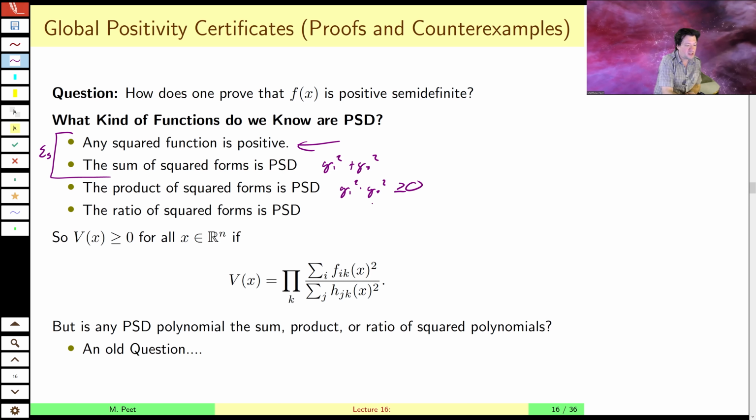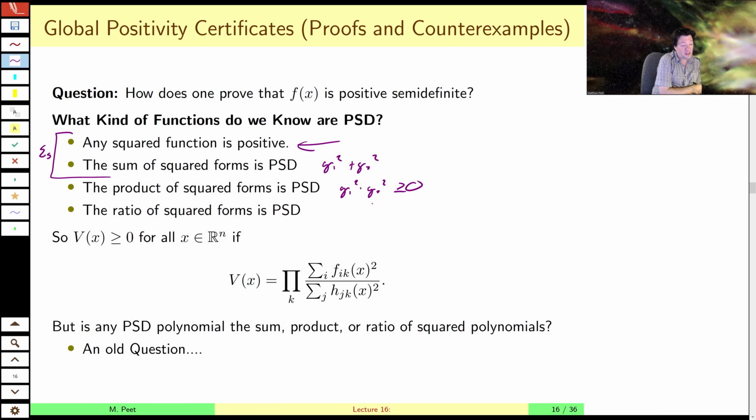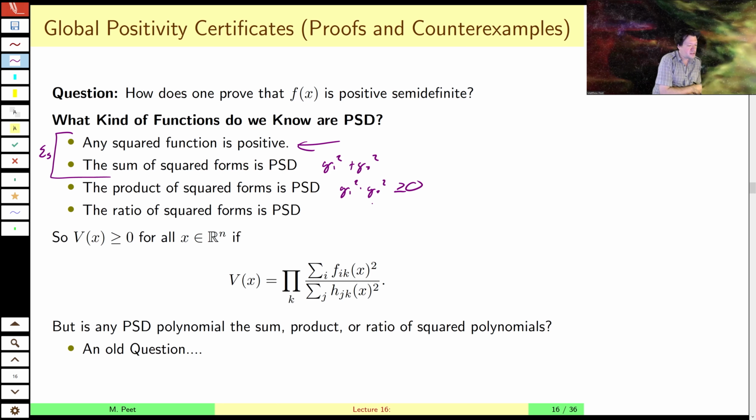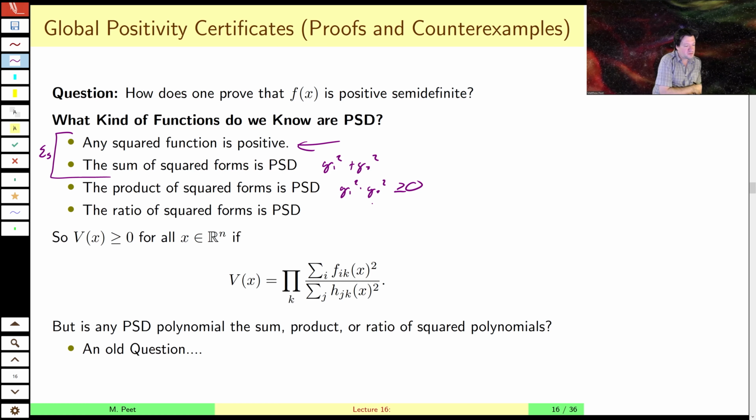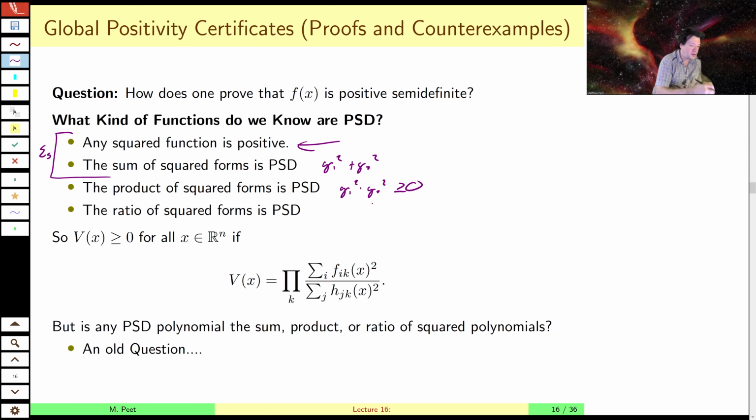Right? Because positive times the positive is positive. So positive semi-definite anyway. So that's a third way of constructing positive polynomials. And then even more troubling is there's a fourth way, right, in that